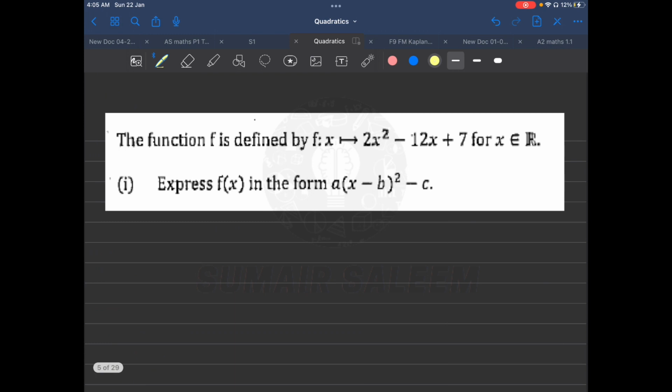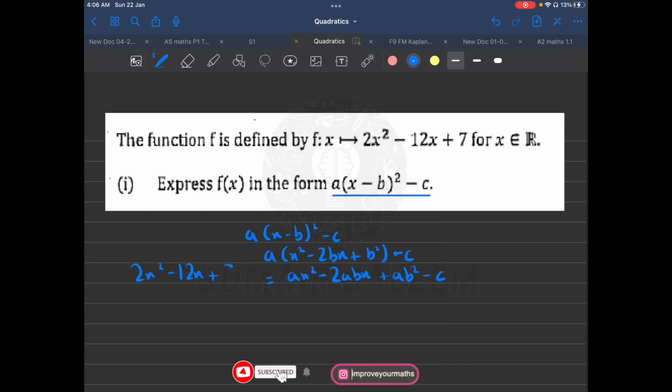Let's practice two more questions of this. Now, the examiner has given us the form. So let's use this form. A(x minus b) whole square minus c. Let's expand. A(x square minus 2bx plus b square) plus minus c. So it's going to be ax square minus 2abx plus ab square minus c is equal to 2x square minus